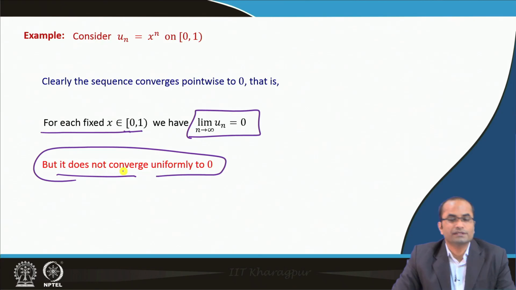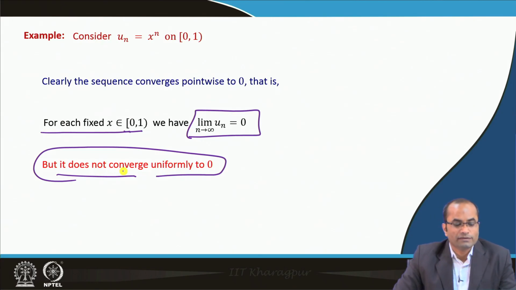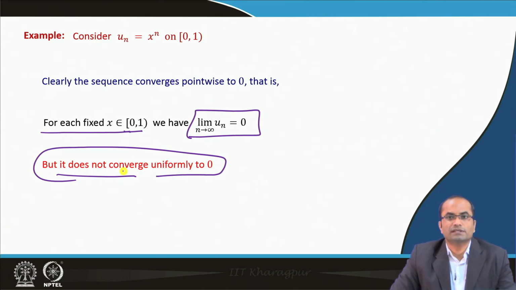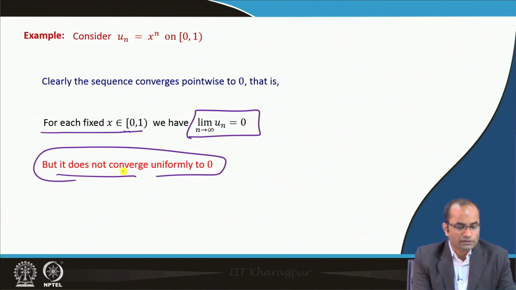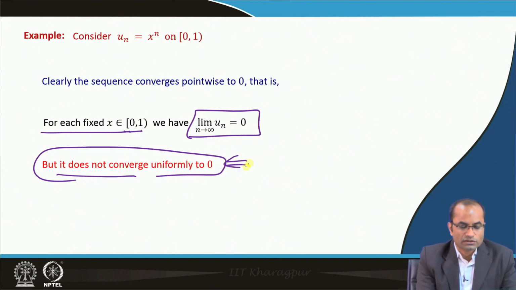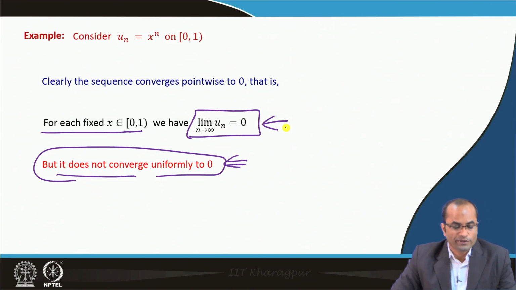This is what we will see now, that here we have only pointwise convergence and we do not have uniform convergence. Naturally, from the definition itself, it is clear that uniform convergence implies pointwise convergence, and pointwise convergence implies convergence in the mean square sense. So, here we will show that this does not converge uniformly, it converges only pointwise.